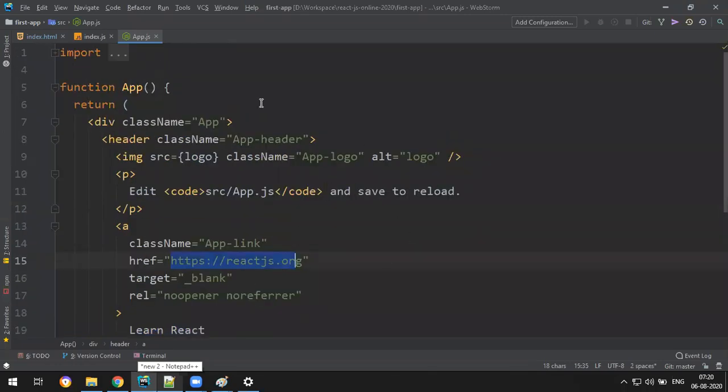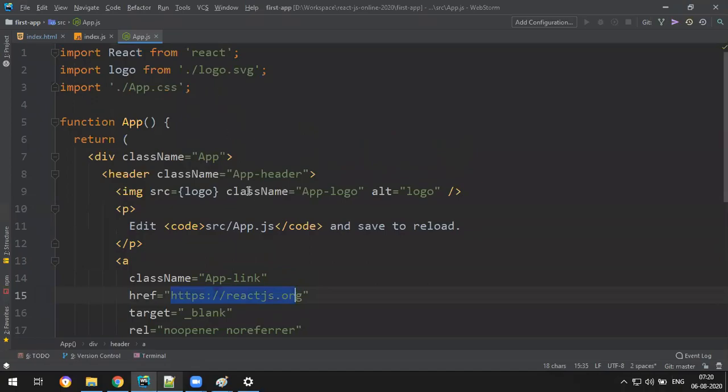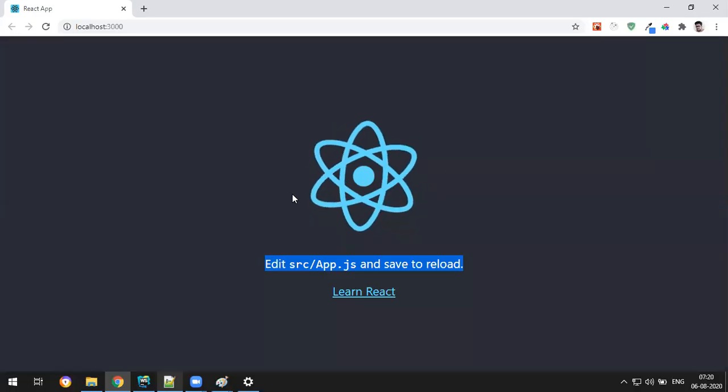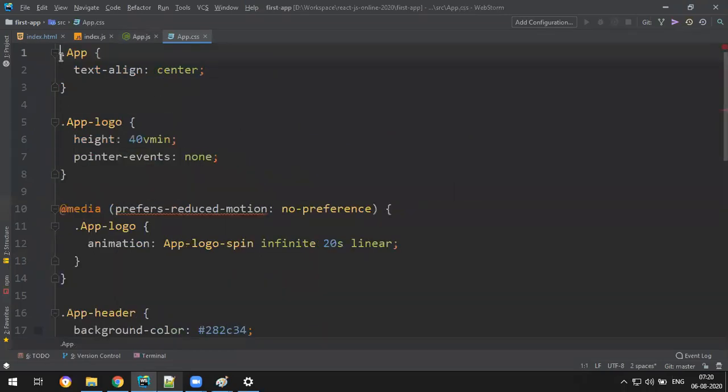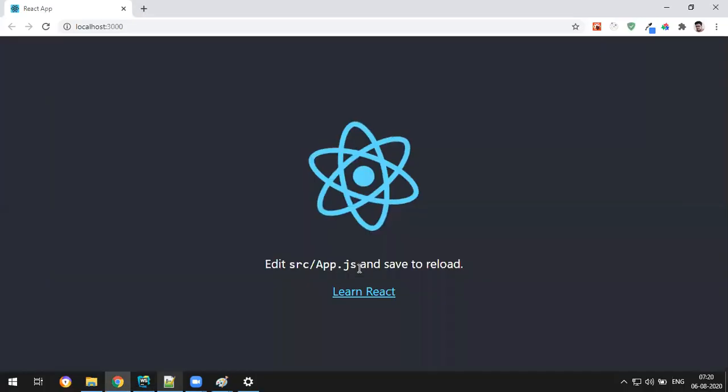And sir, where does this styling come from? How is this image rotating? See, there is a CSS file. If you go to the CSS file, see App text-align center, App-logo with the height and the pointer events, and they write for the app logo an animation: spinning infinite 20 seconds linear.